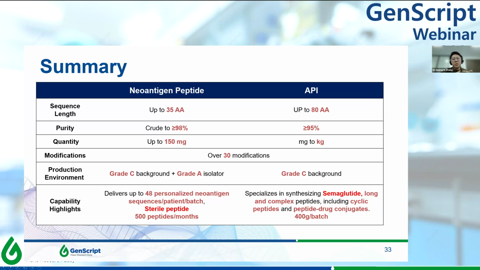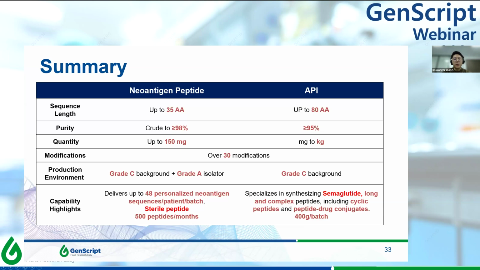The CMC study is related to the production process, and if we use different equipment and different materials, they will affect the peptide product. And for the quality study part, which is the biggest part of the CMC, even if the laboratory's environment is almost the same as the production environment,